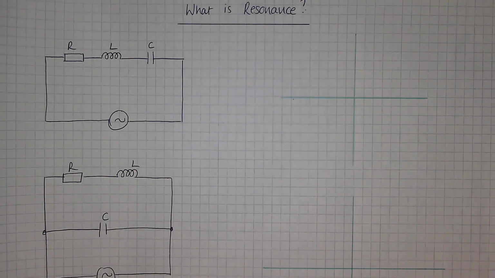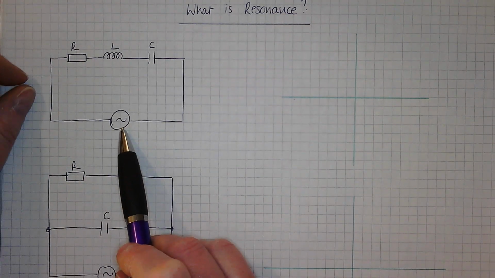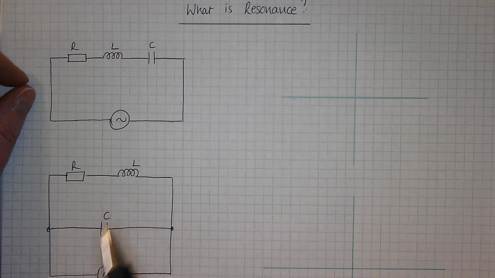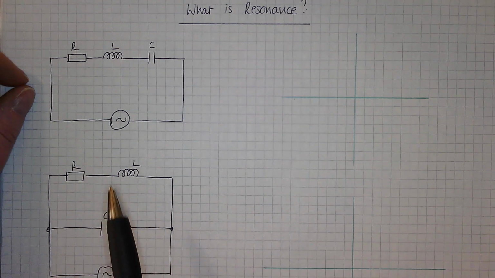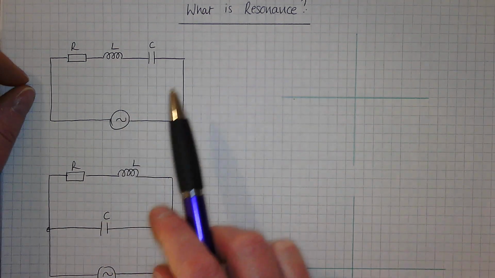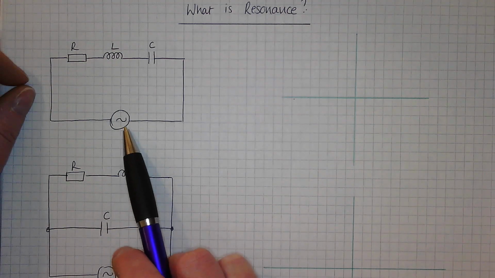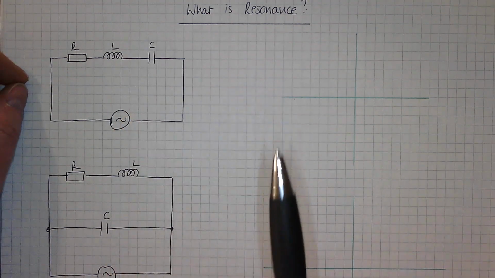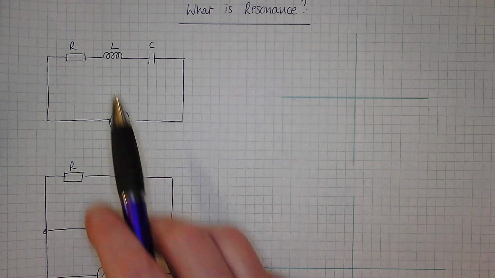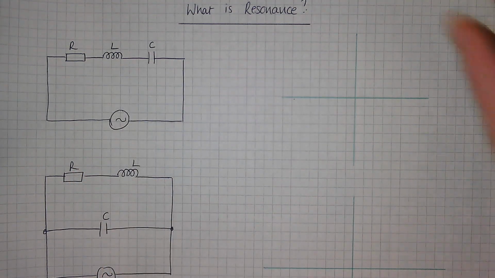Okay, so what is resonance? So resonance, for a resonance circuit, you adjust the frequency of the supply to get the current and voltage to be in phase. So that's what you do. You're not changing any component, you're adjusting the frequency of the supply to make the current and voltage in phase. So if you took this circuit, for example,